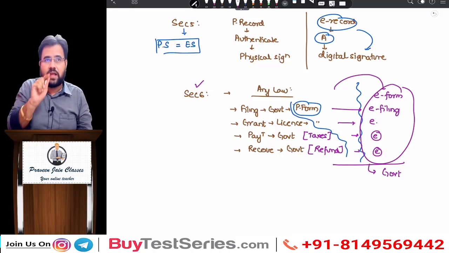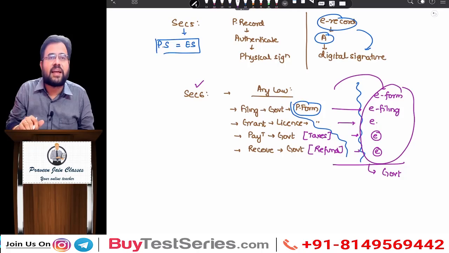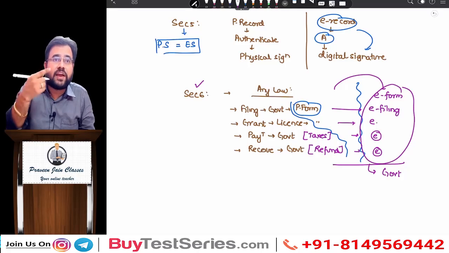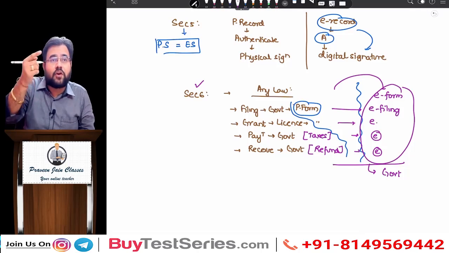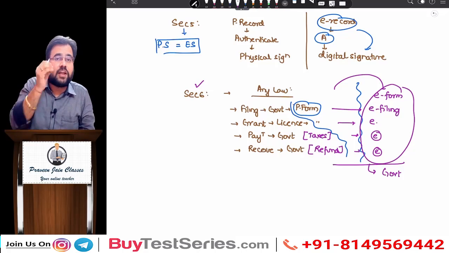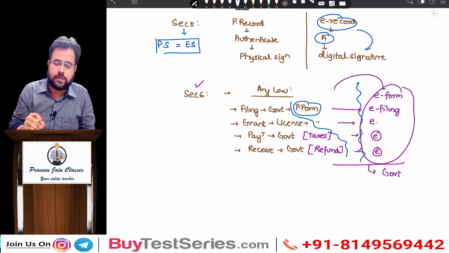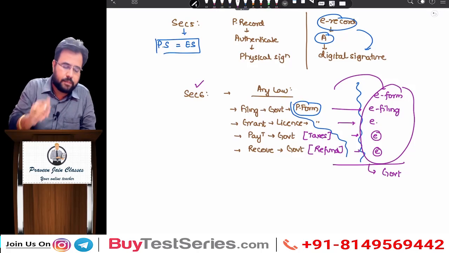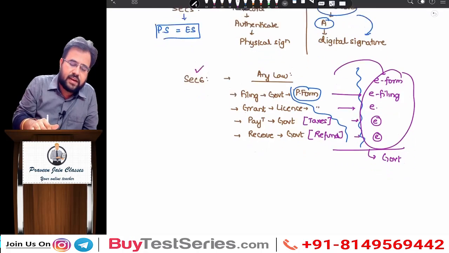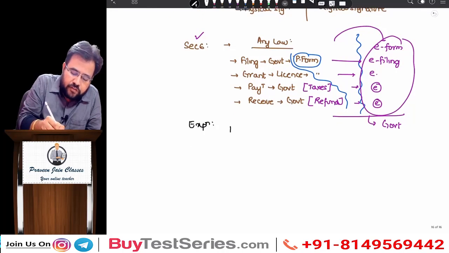If section 6 had not been there, sir, today you could not pay taxes online, you could not file your returns online, the government could not issue approvals online, the government could not issue refunds online. So can I say how important section 6 is in today's world, sir? Is this point clear or not, sir? Clear? Now sir, going ahead, in the mode of explanation they further say, sir, what will be the form in which you should do filing?